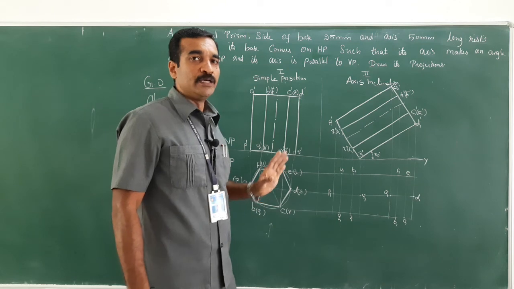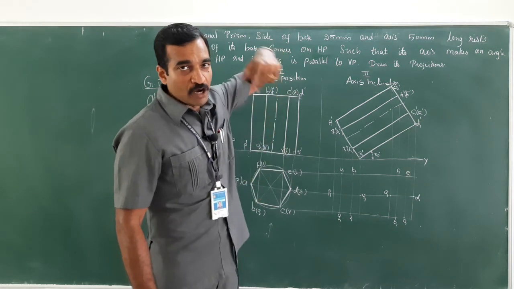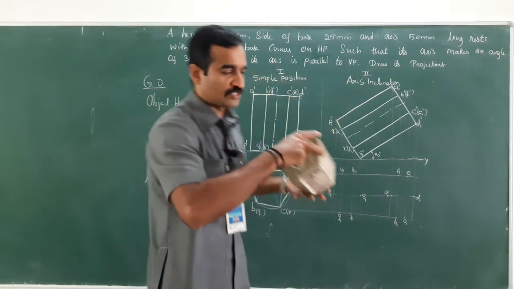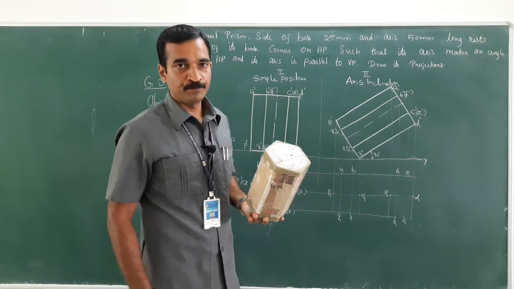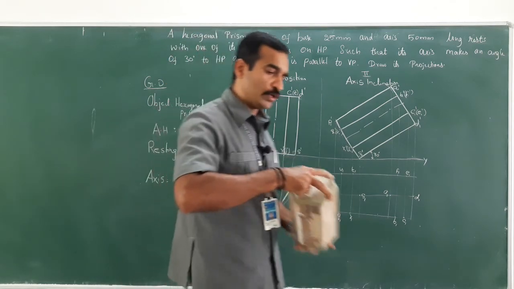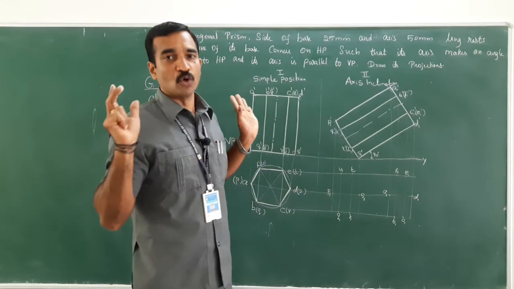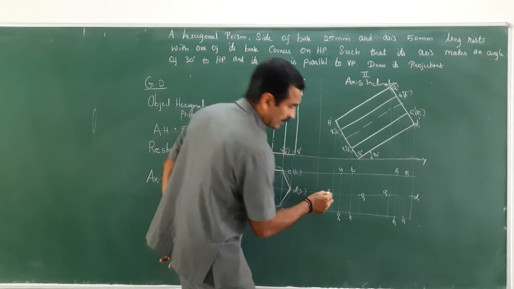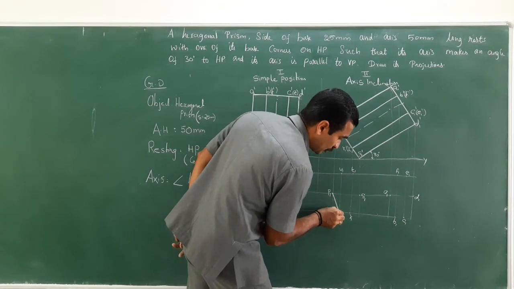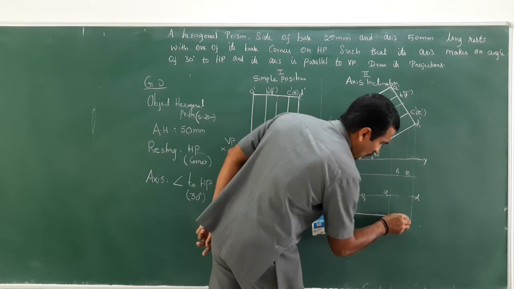So there would be 12 points, right? 6 for the top face and 6 for the bottom face, which I have marked. So initially what you have to do is to draw the top view. The boundary should be closed. All the boundaries should be closed. So wherever points are there, you just close it. Now P to Q, draw a line connecting all the points.